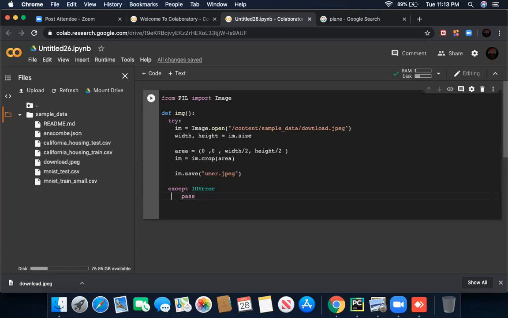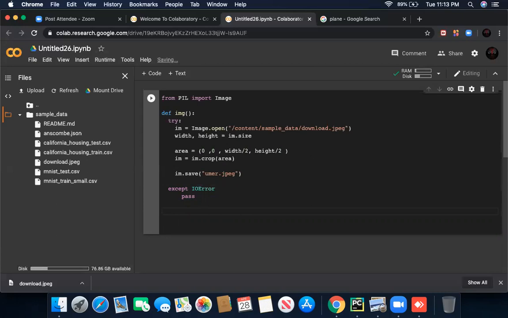Use the tab button here to make the indentation. Press tab two times and you'll get the same indentation.